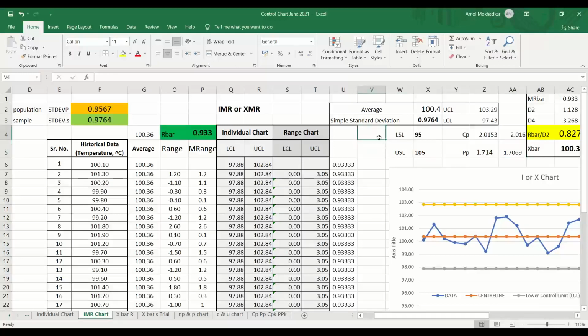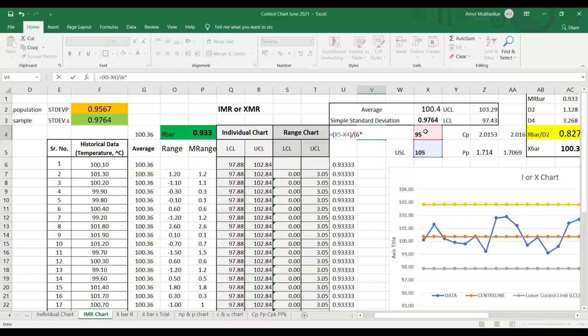Okay, so just check your answer against what I am taking. For the CP, you need to take the standard deviation coming from R bar by D2. So the formula is USL minus LSL, so 105 minus 95, divided by 6 times the standard deviation, which is 0.827.